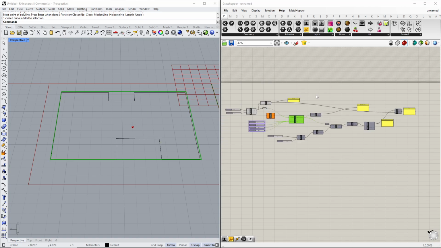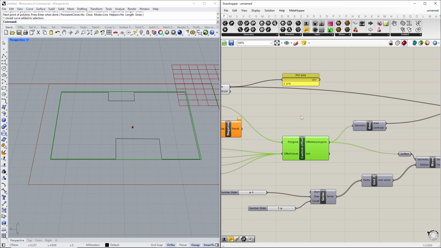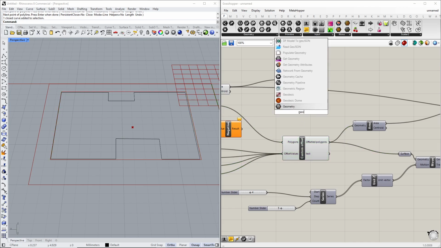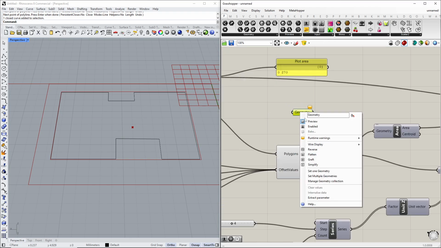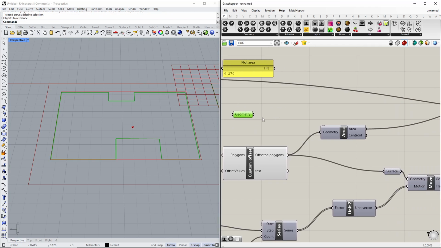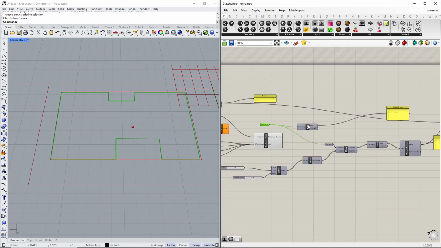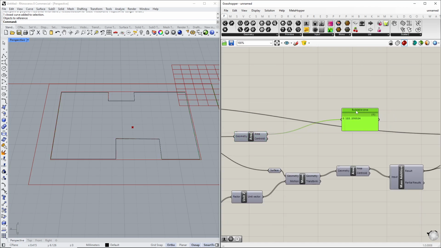So in this case, what we're gonna do is we're gonna have a geometry placeholder, right click, set one geometry, and then select this one. So now this is the profile, and this is what is gonna go in over here in all of these. So now this won't be the buildable area, this will be the actually built up area